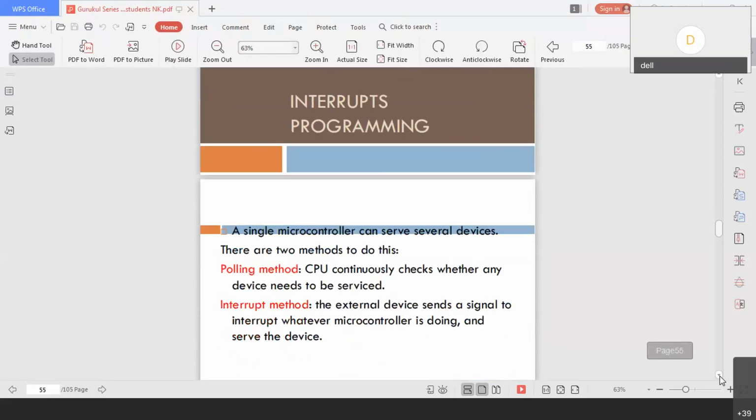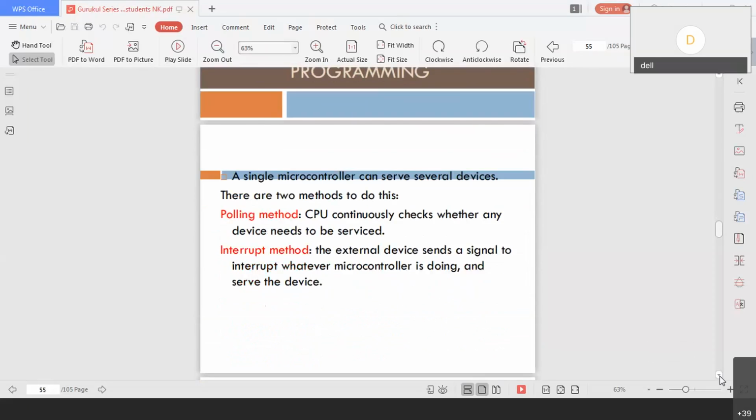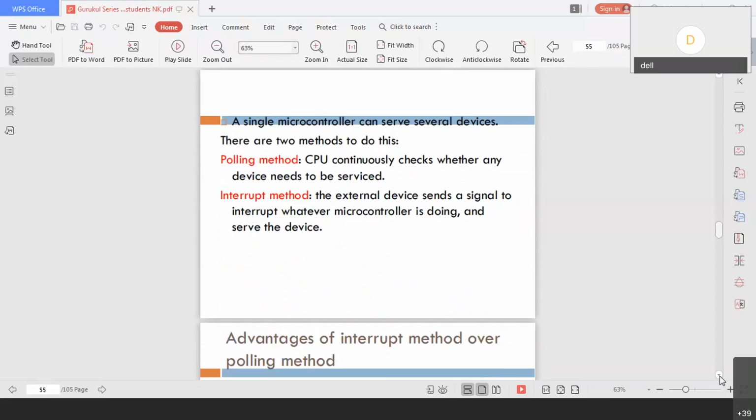Now the next important point is interrupt programming. So what is an interrupt? Why do we need it? There are two methods of giving service to devices which are connected to the main processor or controller. The first method is called the polling method. You keep on asking for requests and keep servicing each and every device continuously. This is also called monitoring. So keep monitoring who requires service, and whoever requires service, we service.